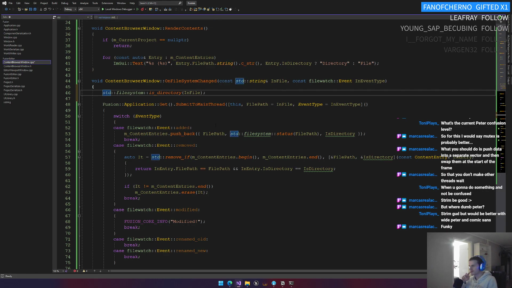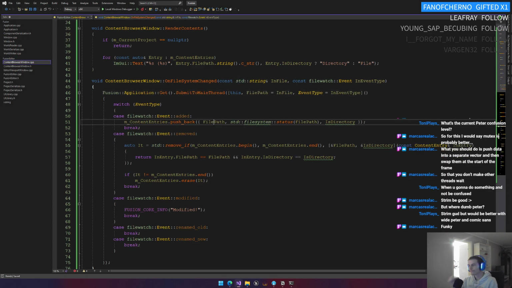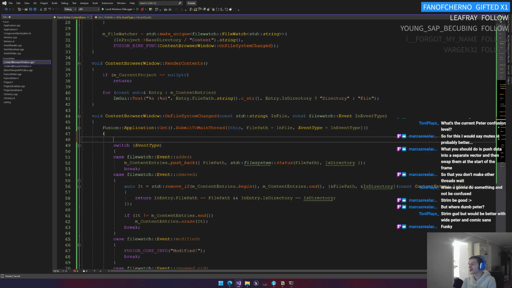Also, oh, I think I know why. This is just a file name relative to the current directory. Yeah. This is relative to the current directory, meaning if I